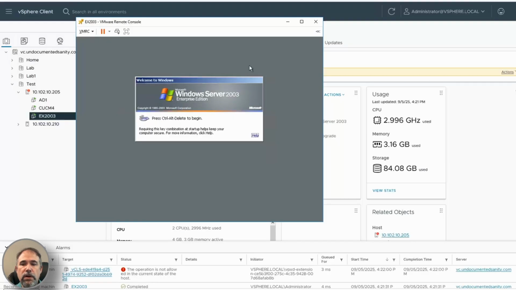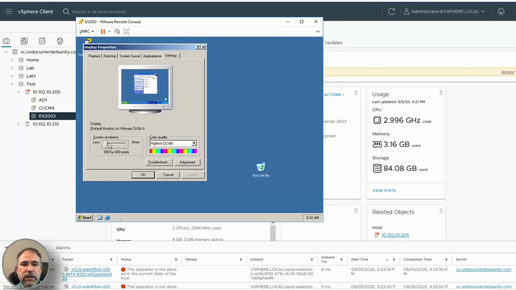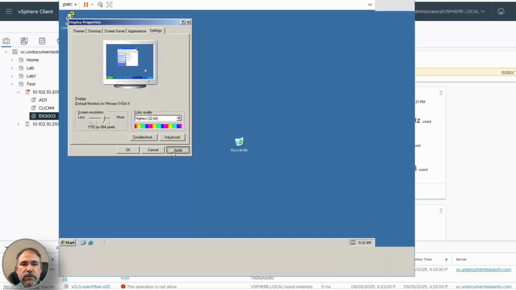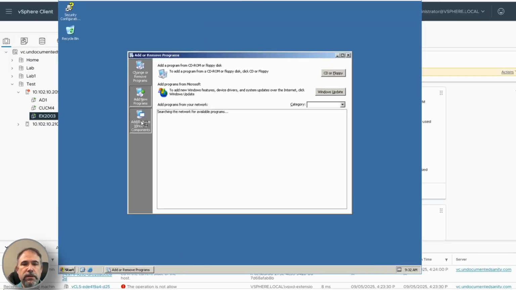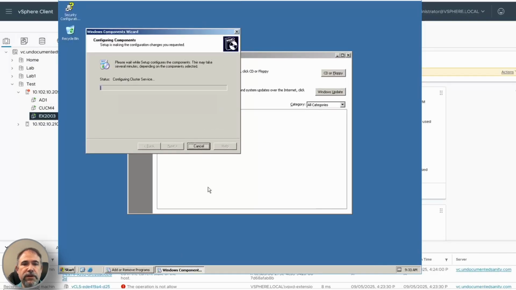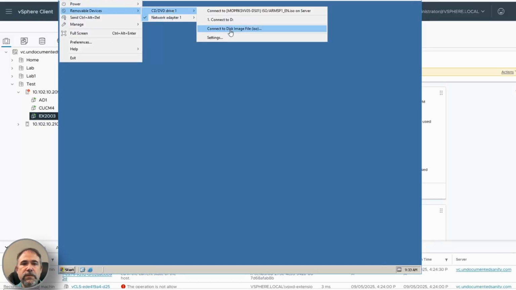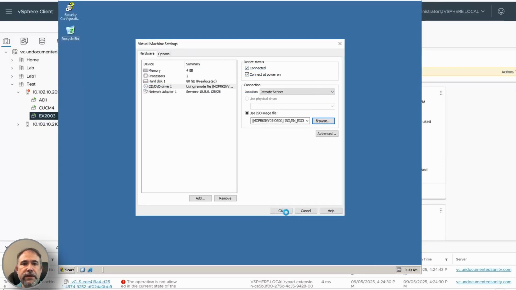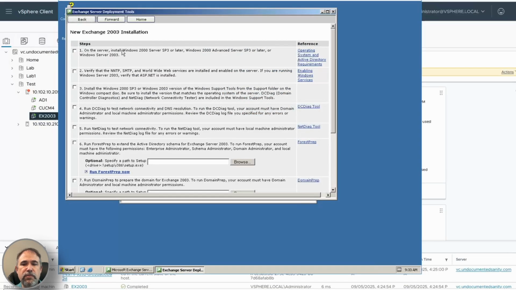And then once we're logged in, we're going to adjust our screen resolution once again, get that to a more reasonable setting, and then we should be ready to, well, one more thing we need to do here, the Enhanced Security Configuration. We're going to get rid of that from Add/Remove Programs. That's how you do that in this version. And then we're going to mount the Exchange 2003 ISO image, and we are going to start the process of